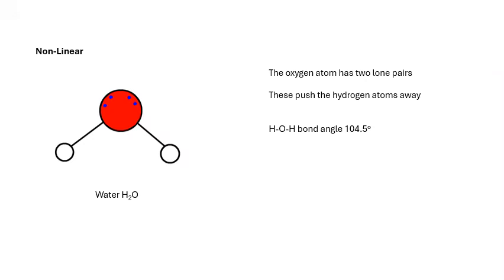And you end up with an angle of 104.5 degrees. That's for the HOH bond, the hydrogen-oxygen-hydrogen bond. That angle there is 104.5 degrees. In the next video, we're going to see why that's important, because it creates a polar molecule, it